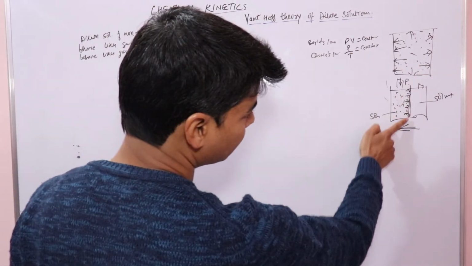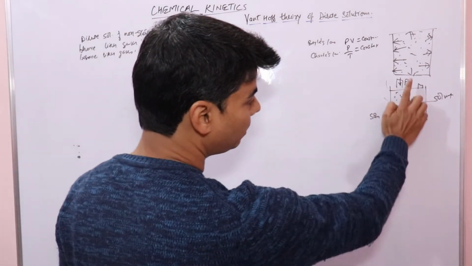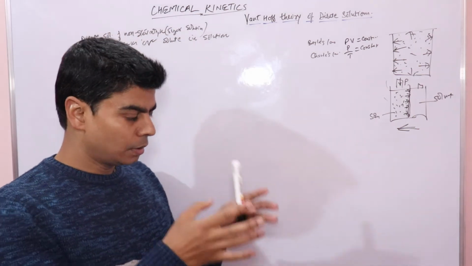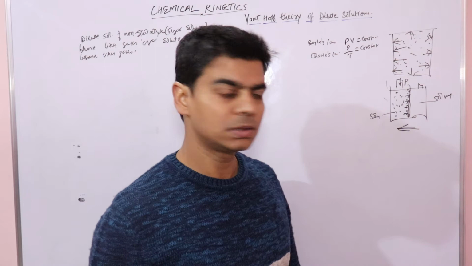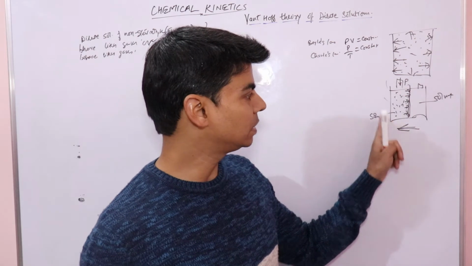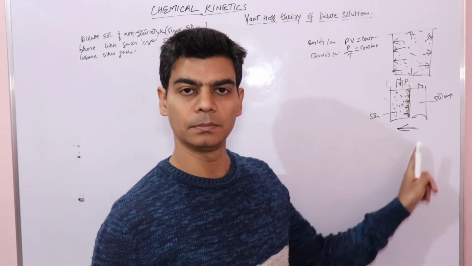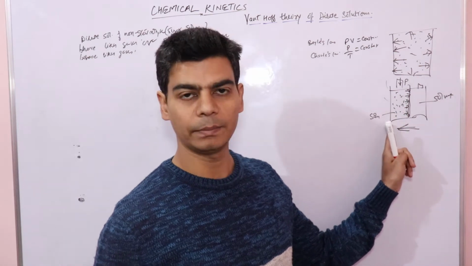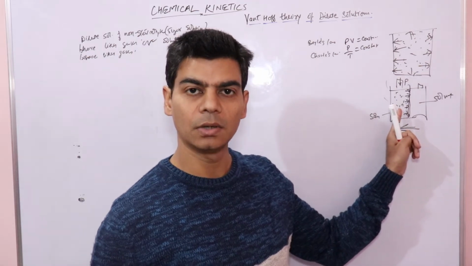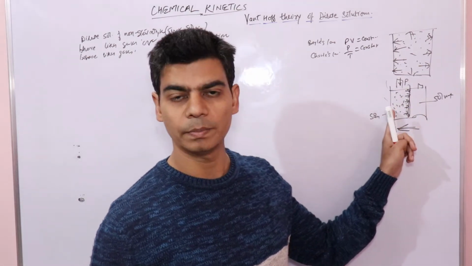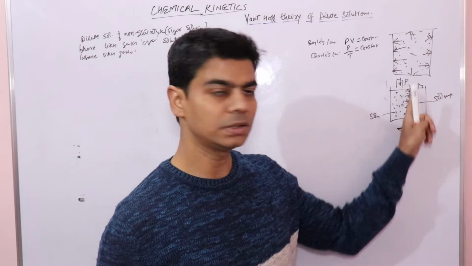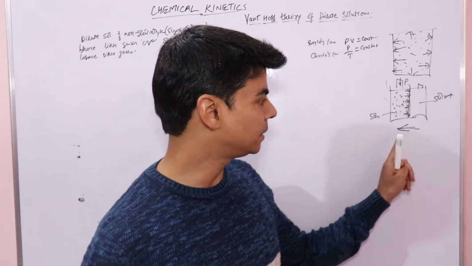So in case of solutions, we said that the pressure on this semi-permeable membrane was due to the solute particles in this solution. The more the solute particles, the more the pressure that would be exerted on this semi-permeable membrane, right? I repeat, since the pressure on the semi-permeable membrane is due to the bombardment of solute particles in the solution, the more the solute particles, the more the osmotic pressure, or the more the pressure that these solute particles exert on the semi-permeable membrane, right?